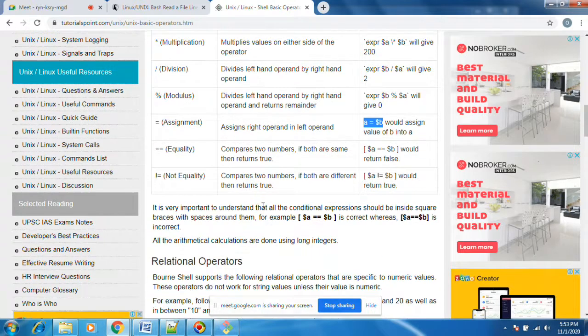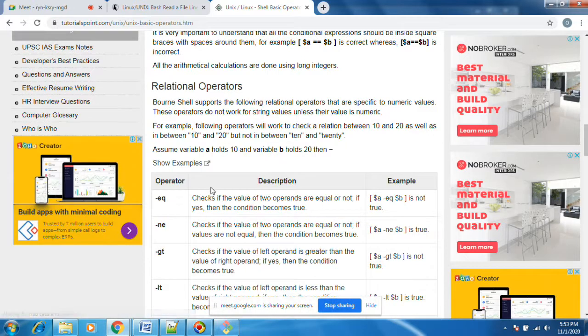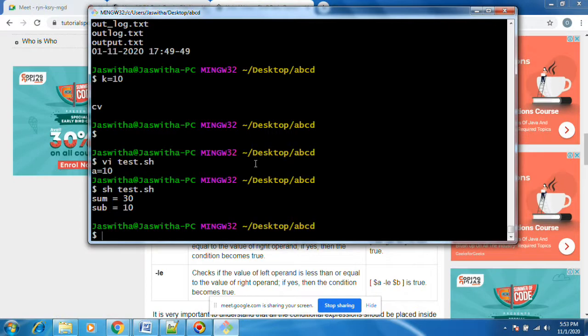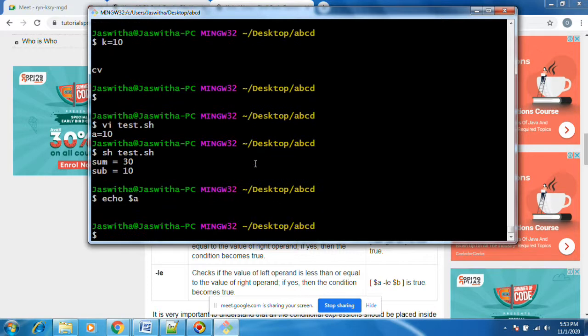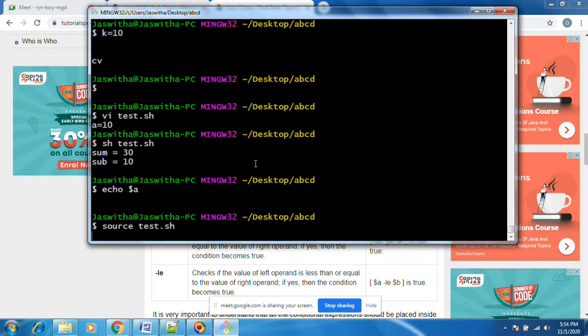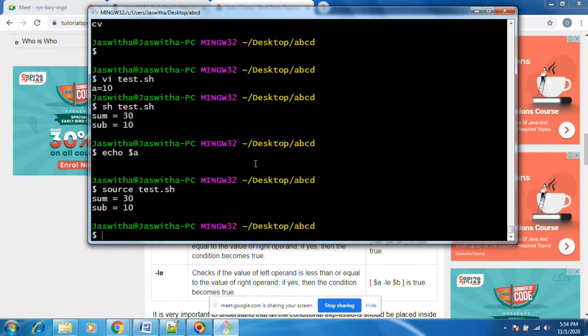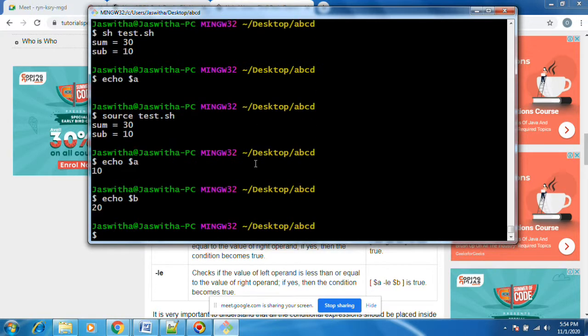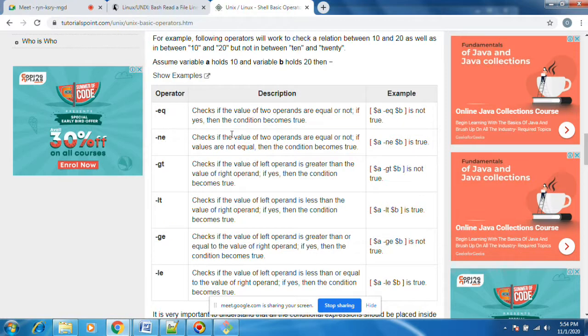This is the conditional operators. Then relational operators. Okay, I have two operators, equal to.